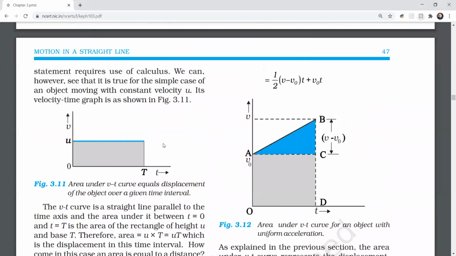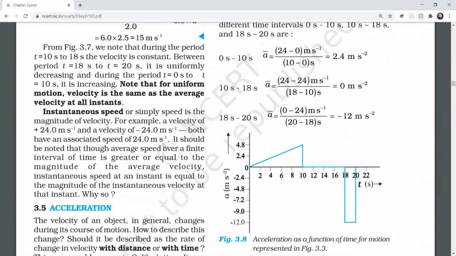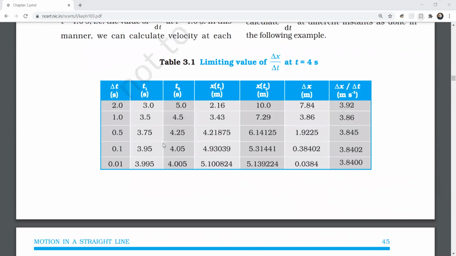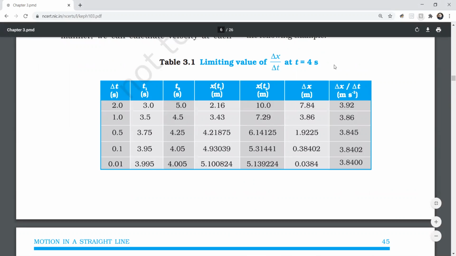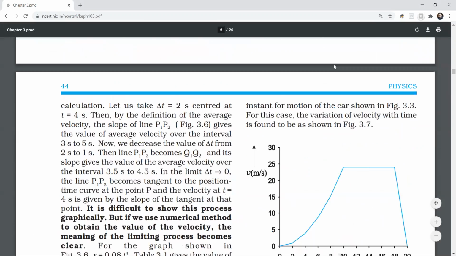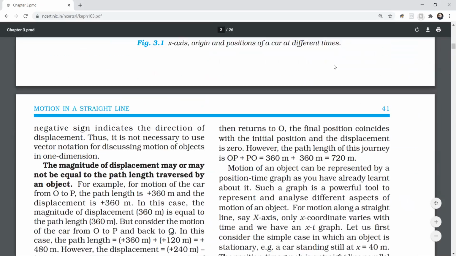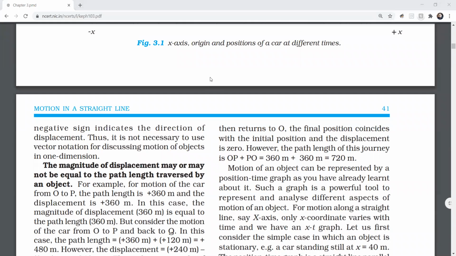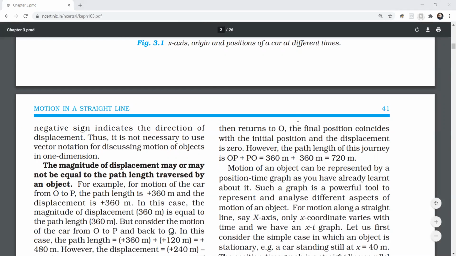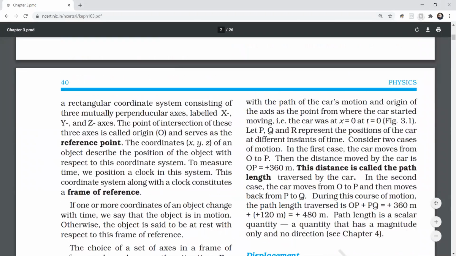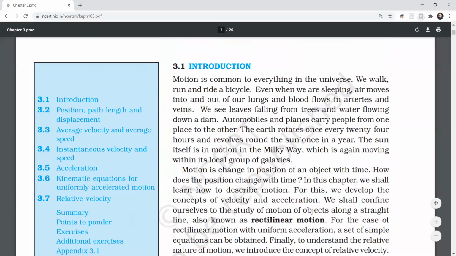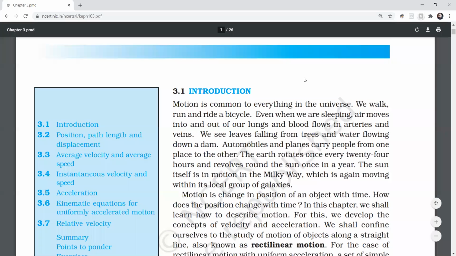So previously we discussed various topics in this chapter. The most important thing in this chapter that we are supposed to understand is, first of all, starting with displacement, motion, and then coming up to the point wherein displacement and motion happen. So under this topic, we discussed already a few topics.